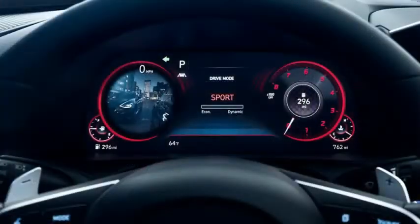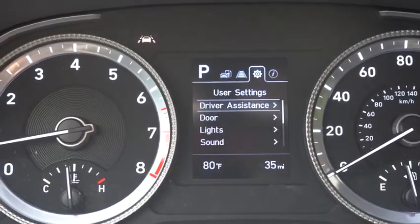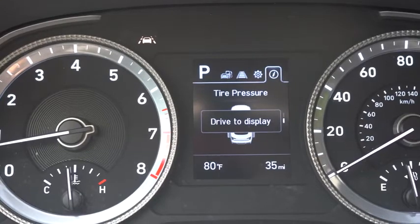I have that digital gauge cluster. It is one of the main reasons I went with the Sonata. It is one of the best digital gauge clusters out there. It changes colors when you change the driving mode. It does this little explosion graphic. I absolutely love it. But since we don't have that today, tachometer is on your left, speedometer is on your